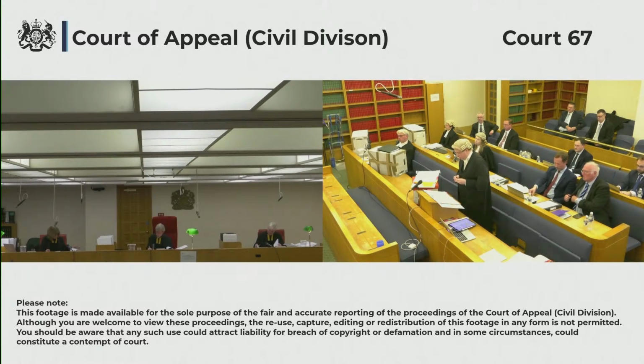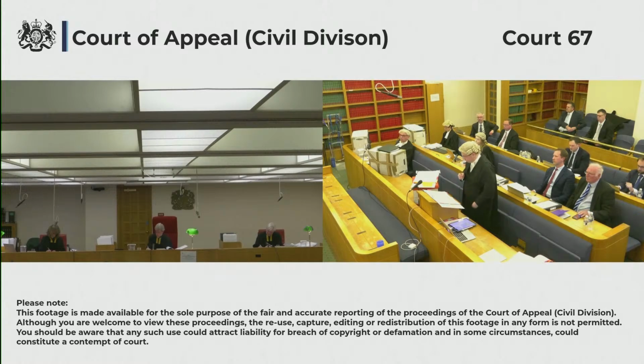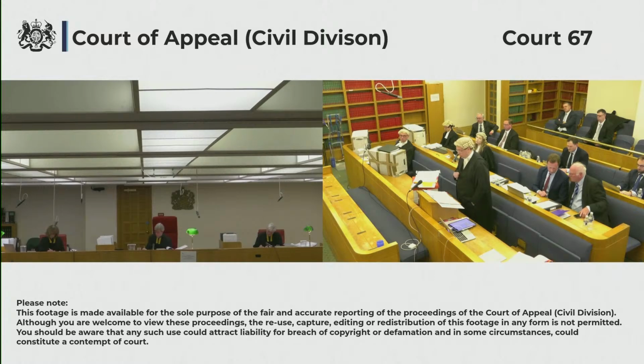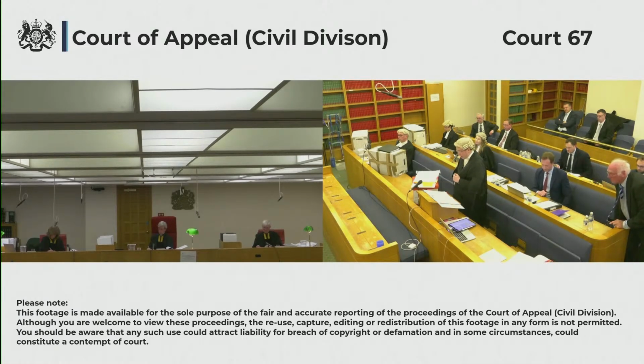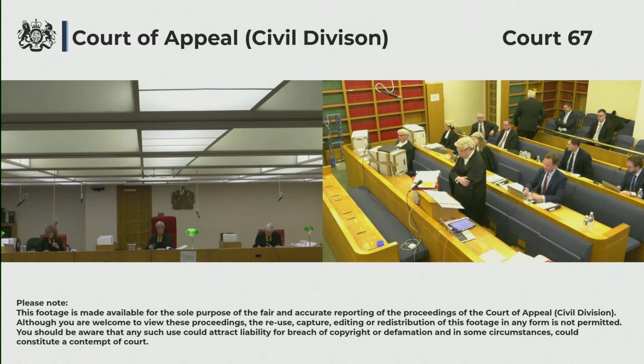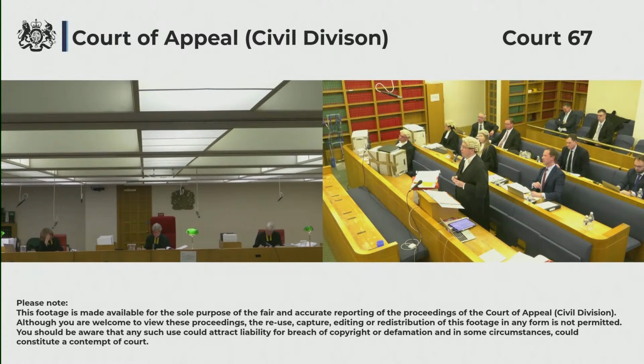Point two, my friend's main answer to this was that there was an effective remedy, namely a common law claim. That isn't right, for two reasons. Let's look at Standard Life, first of all. Statutory claim goes in 2009. There was no certainty in 2009 as to whether a common law claim would be available for D5 tax. It is not an answer, in my submission, to say that that question was later answered with retroactive effect in FII Supreme Court 1. But can you go so far as to say that it was certain in 2009 that there wasn't a common law claim? No, but I don't have to go that far. My Lord, I don't have to go that far.